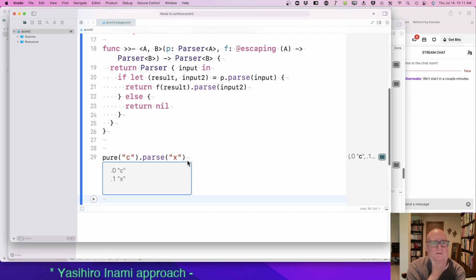we have to give it a function. Sorry, it's the result. It's got to convert an A to a parser.